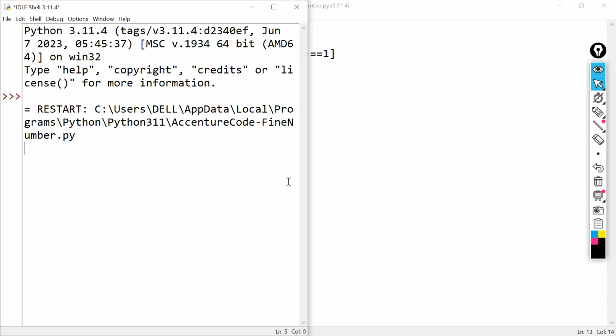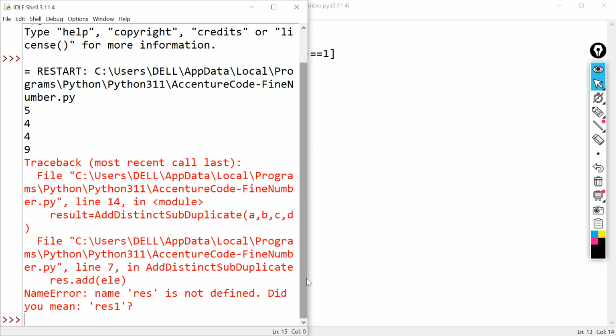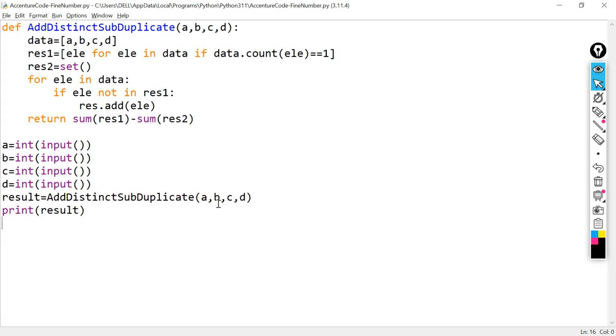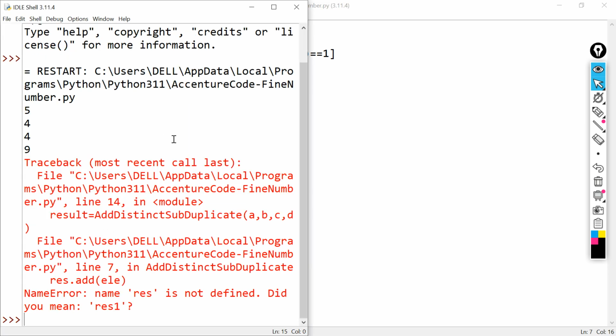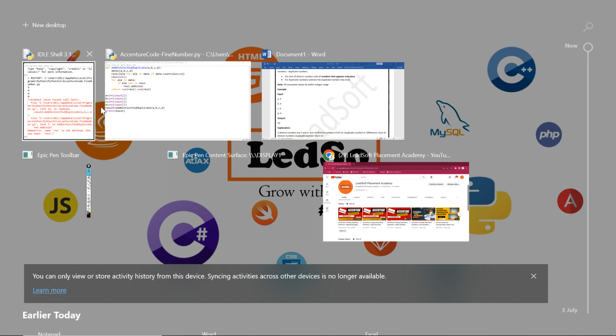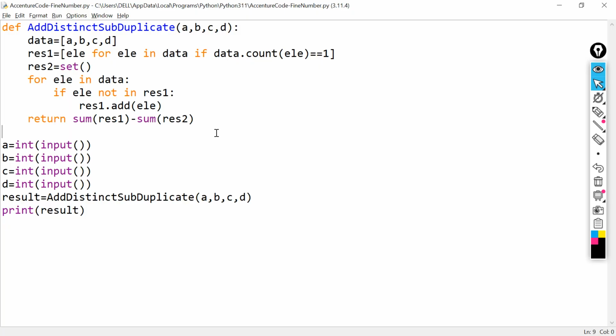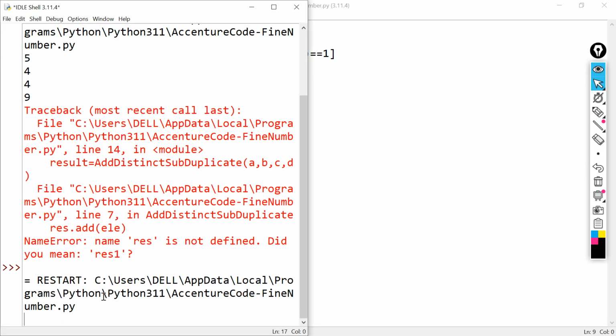Let us run here. So the value is 5449. Now let us hit enter, and we have the error, so there must be a spelling mistake here. Okay, here I forgot to put result 1. All right, so let us again run the code. So I'm going to run the file here. So let us check. So we have